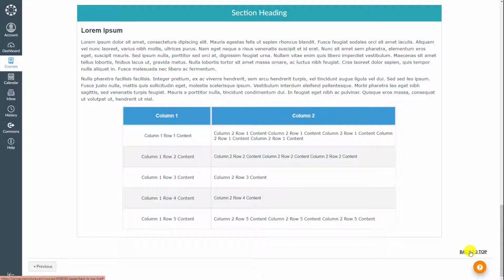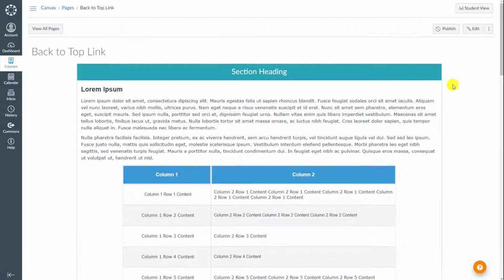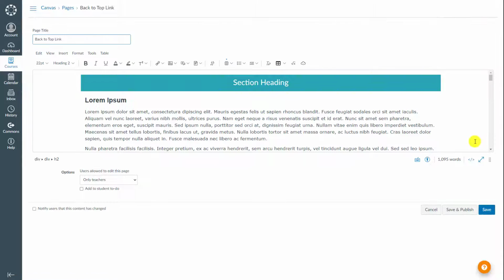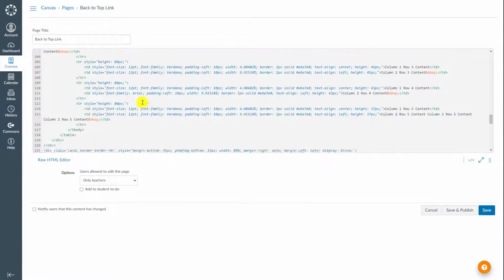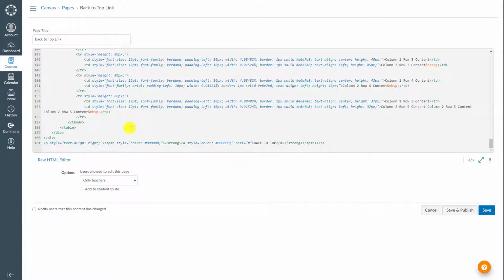But the little issue is here, it's not aligned with my content. So I want it to be a little bit more on the left side. To do that, I need to go to the edit HTML mode to give some margin. I'm going to go ahead and click first, and then I will go to the HTML editor view, and I will find my link right here.